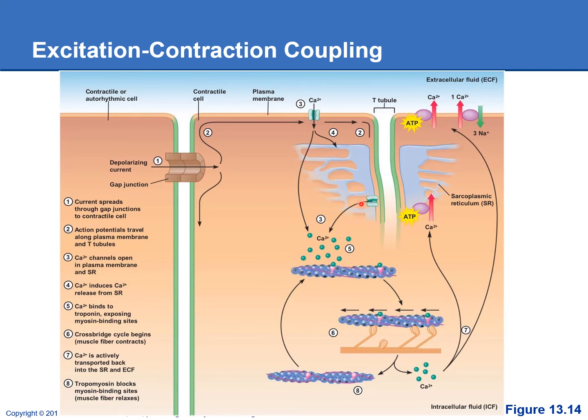That'll trigger the release of calcium from the sarcoplasmic reticulum. And then in cardiac muscle cells, we don't have quite enough calcium from the sarcoplasmic reticulum, so we also will use calcium coming in from those L-type voltage-gated calcium channels that cause the plateau in the action potential in the contractile cell. The calcium will then bind to the troponin, which will lift the tropomyosin rope out of the way. That'll allow the myosin heads to bind to the thin filaments, and we'll do the cross-bridge cycle just like we talked about in skeletal muscle, and we'll shorten the sarcomeres, and that will cause the heart to contract and squeeze